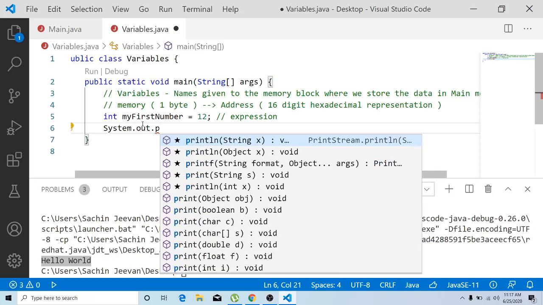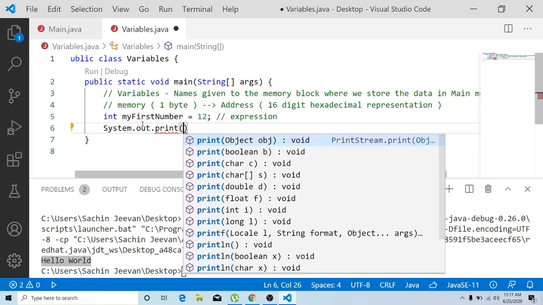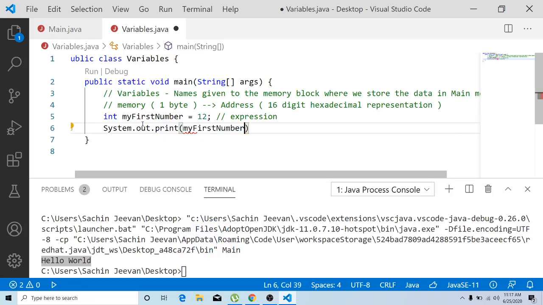We need to be very conscious about whether we use lowercase or uppercase, because I have made it very clear that keywords in Java are case sensitive. So we are just going to simply print the variable my first number.